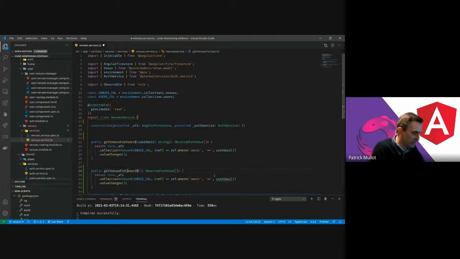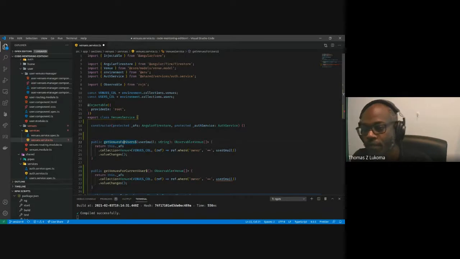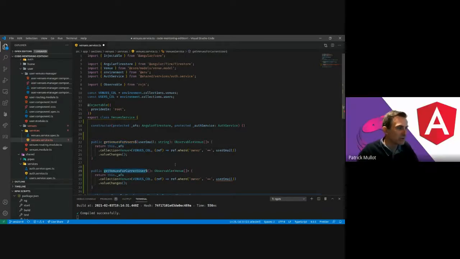Let's call it for current user. Okay, because this one actually is more generic. I could use it for any user. If you're an admin, you could, exactly. But if I want the current user, what I would do is